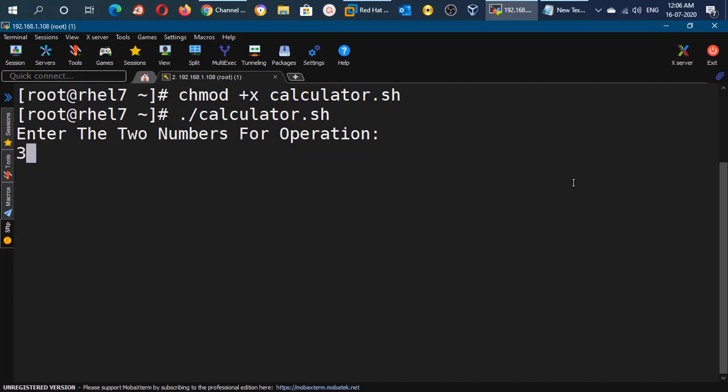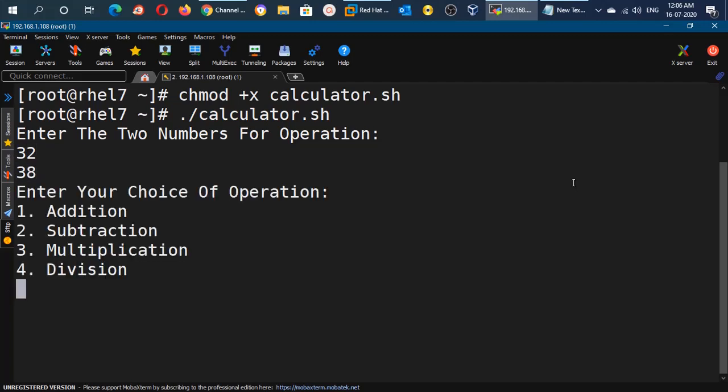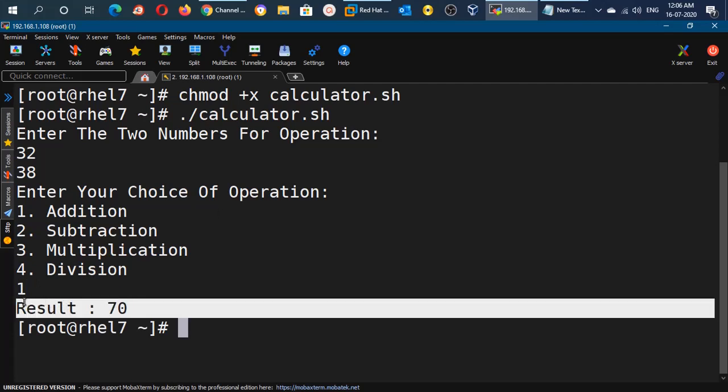Let us suppose 32 is the first number and 38 is the second number. In case I want to perform the addition, it is providing us four options, and addition is number 1. So here we will mention 1 and press enter. It will show us the result, and the result is 70, which is absolutely correct.